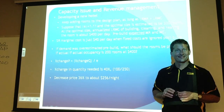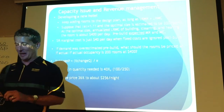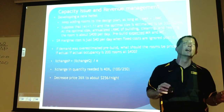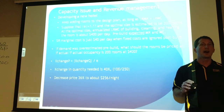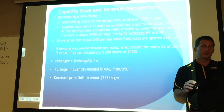I mean, the marginal cost for each room is going to go. So that's another awesome test question. Sometimes we get hung up, by the way, with elasticities about revenue. So is it all about revenue? What is the company out to maximize? Profit. Profit is equal to... Hold on. Profit is equal to